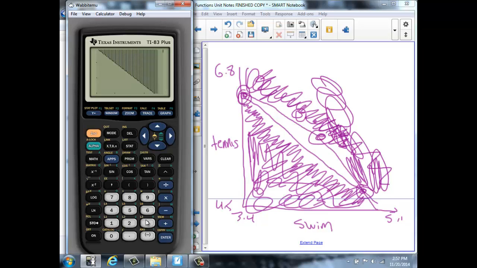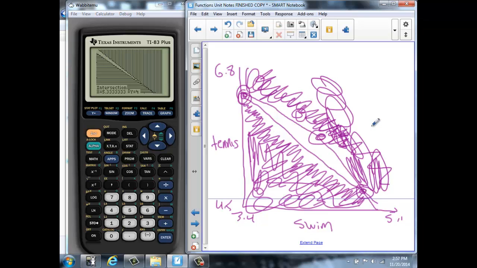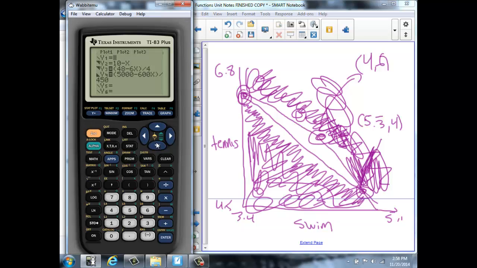Has anybody else had any luck finding any of these places where they cross yet? I found two. I tried to do the y intercept, but then every time I did it... Okay, that one works. Okay, I think I finally found this one way down here. It's at 5.3 repeating and 4. That's this guy down here. The one in the middle is 4 and 6. This one is at 4 and 6. Okay, and then we've got to find this one way up here now. Oh, finally I got that one. 3.3